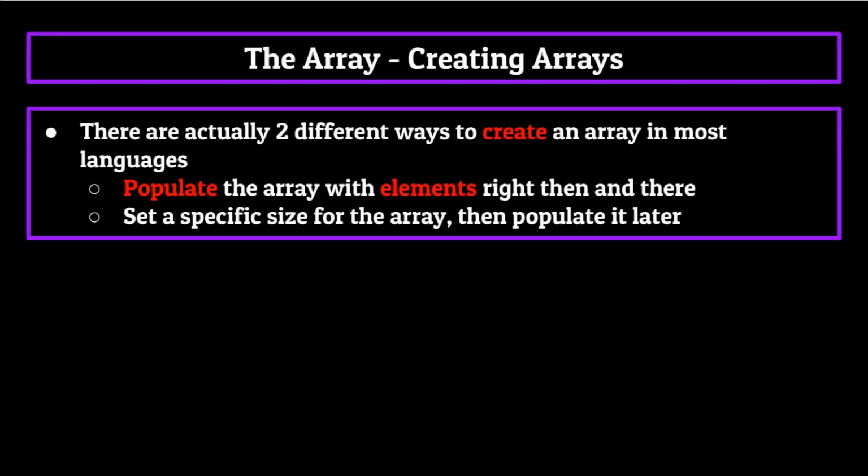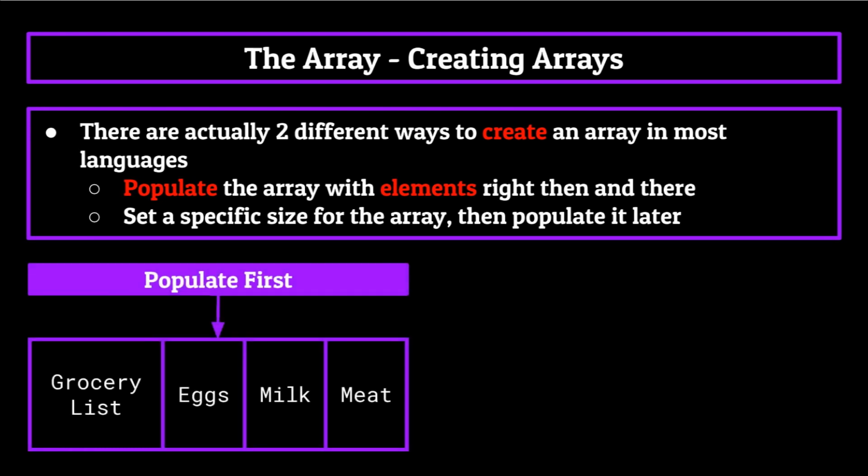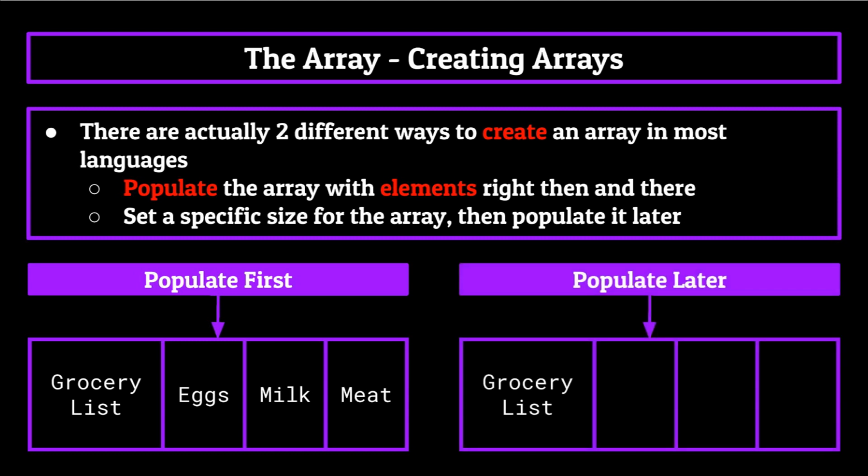So there are actually two different ways to create an array in most languages. You can either populate the array with elements that you want contained within the array right then and there, or you can set a specific size for the array and then slowly populate it later on in your code. We'll be discussing how to do both, starting with the first method, creating the array with elements as soon as